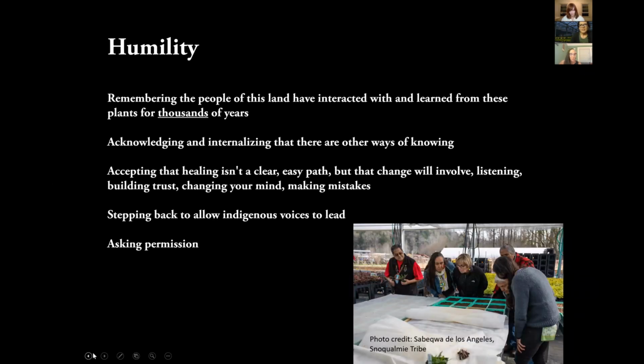The second big lesson that came from this is the idea of humility, and always bringing this back to thinking about living in this world of botanists and scientists and gardeners, landscapers, native plant enthusiasts. A lot of the meetings and presentations that I go to are largely white people. And so it's really interesting to think about